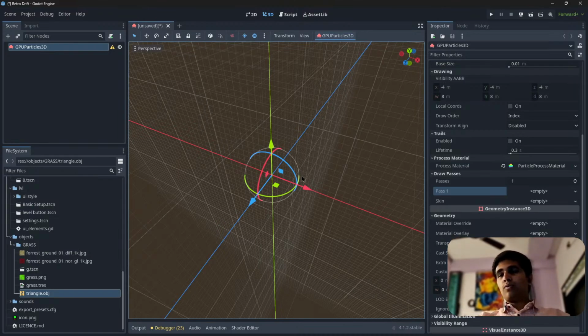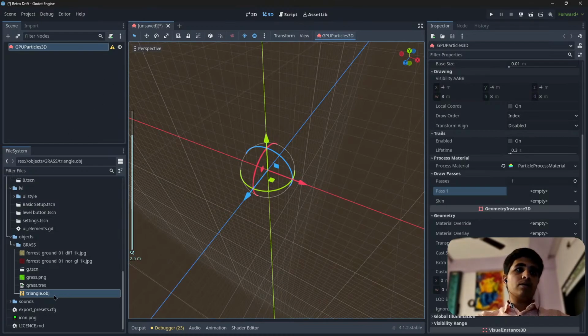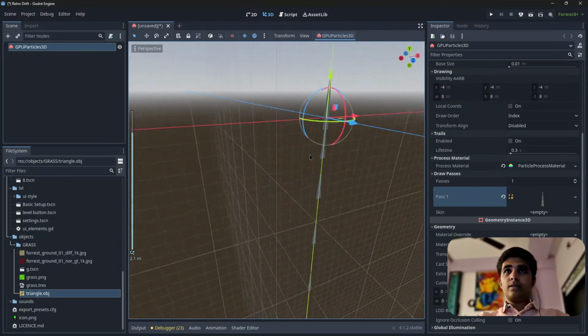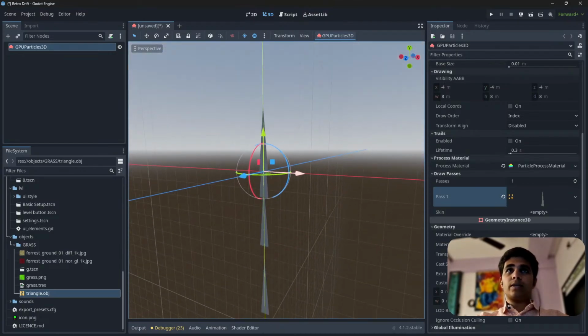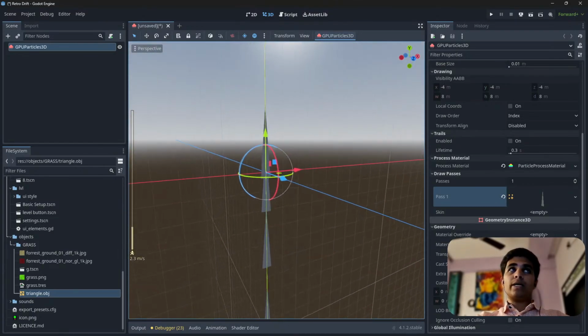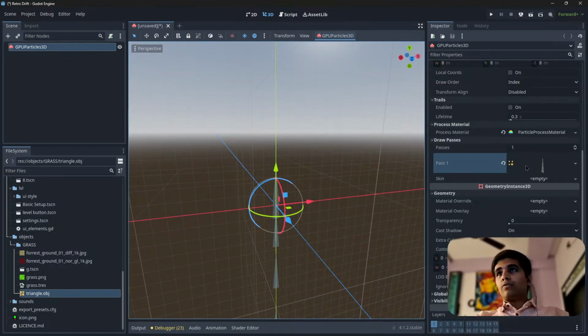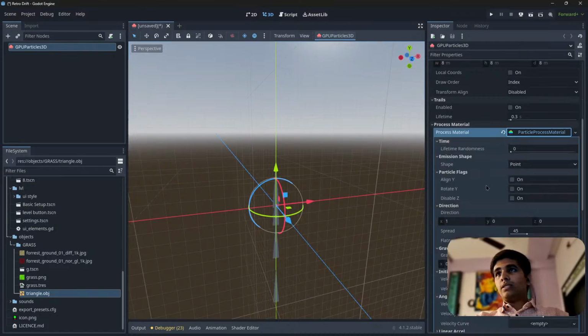UVs are so important. You have to make UVs like that. Okay, this triangle I made, and you can see the particle shader is already working, or I can say the GPU Particles 3D is already working. So first thing you are going to do